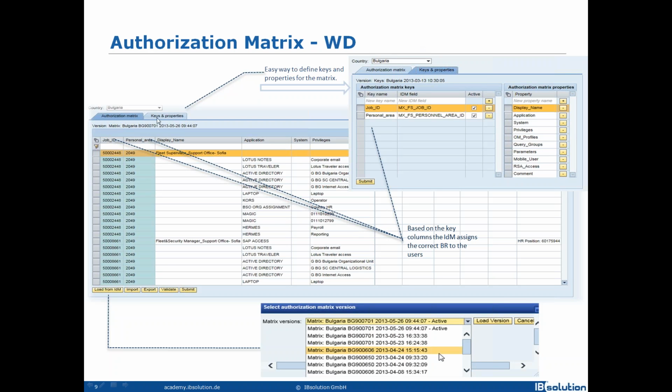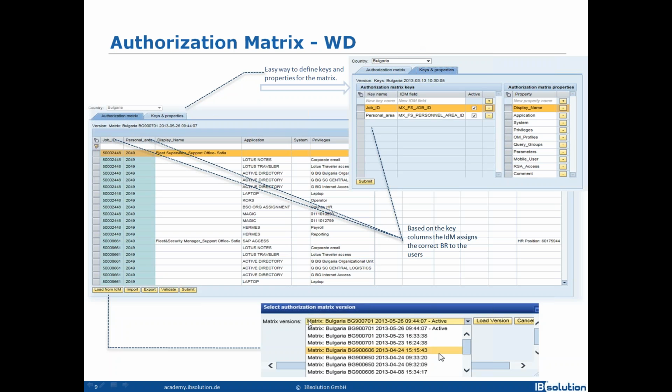Here you can see the add-on created on WebDynpro. As you can see, here we have two tabs, the authorization metric tab and the keys and properties tab. From the keys and properties tab, we can predefine the key fields for the specific authorization metrics.